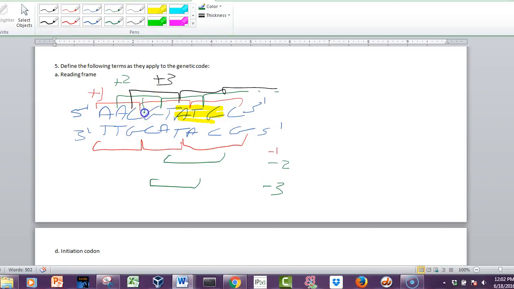But if we just look at this, if we look here, there's ACC, so that's not it. So this is our reading frame, and which one of these reading frames was it? It lines up with the black one, so it's the +3 reading frame. So if we start this reading CGT, then ATG, that's where the actual translation would start. Alright, so that's the idea behind what reading frames are.